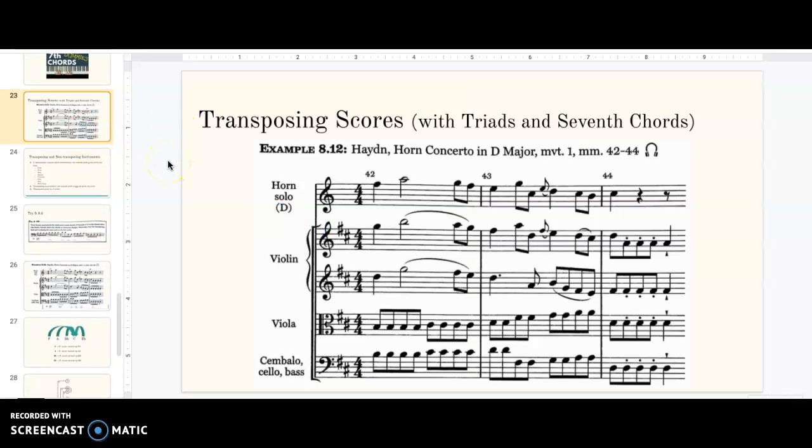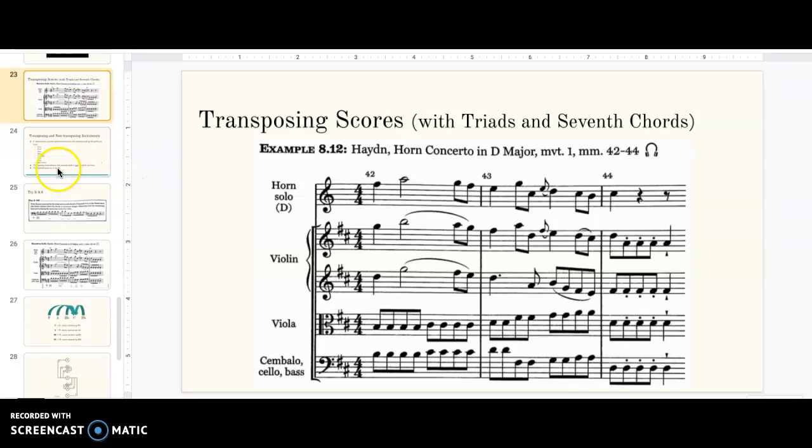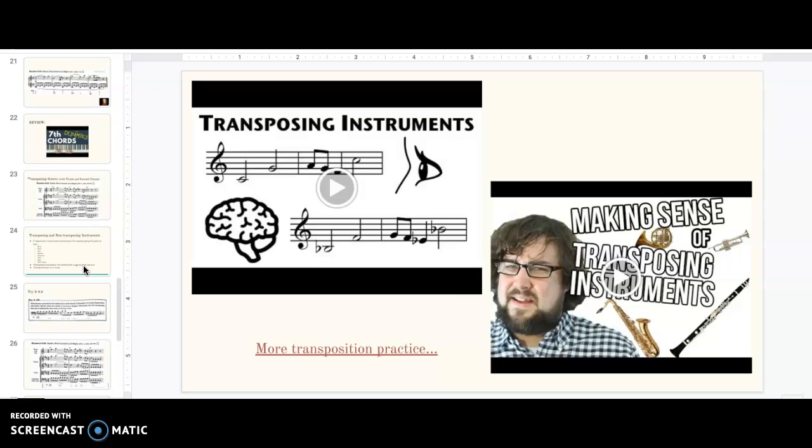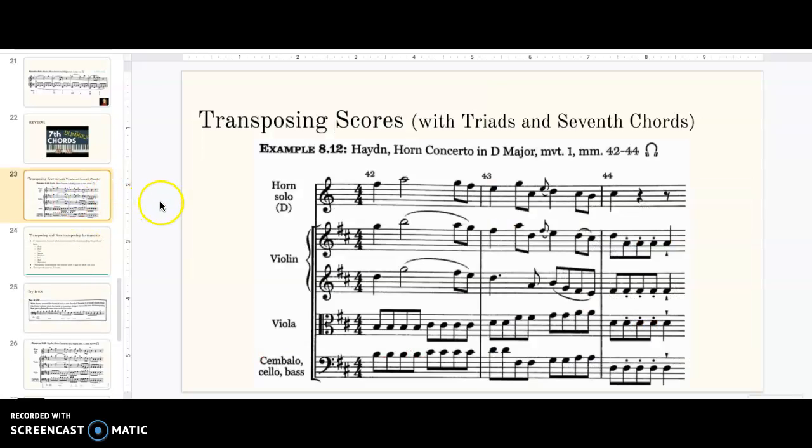So transposition is basically going from one key to another, but if you listen to some of the videos that can be found at the end, and I really recommend that you do, then you already know transposition can really have a big impact on an ensemble. Certain instruments play in certain keys within another parent key. It's kind of crazy, but basically all of this goes back to when there were various types of instruments to play in different keys,